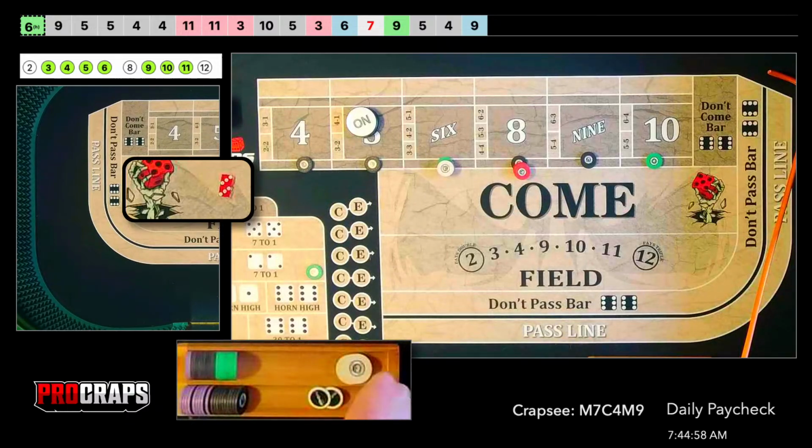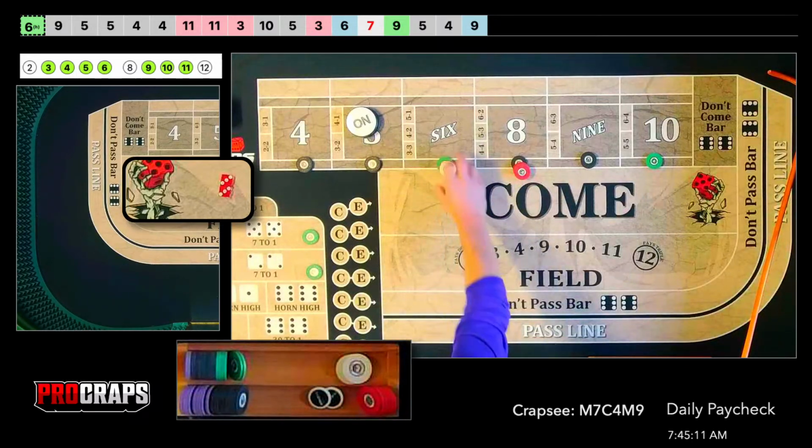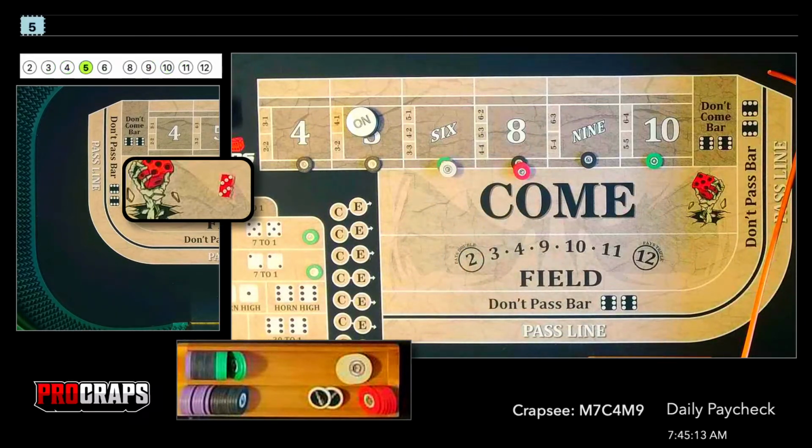I have $50 on the 8, 25 on the 4. I'm going to take $25 now to the 7 or to the 10 and the 9. So they're all greens out there. That's great. The 6 up here also, by the way, has to be paid. And